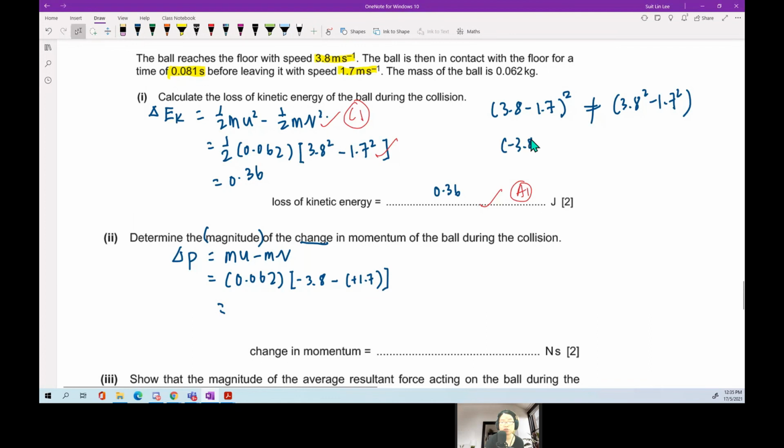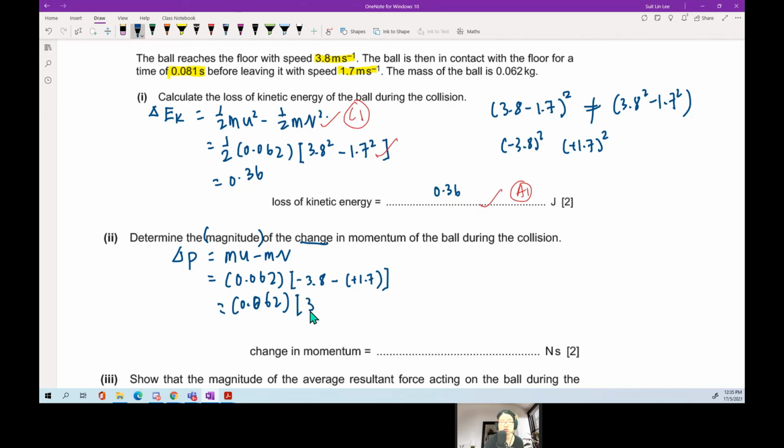Negative 3.8 squared is the same as 3.8 squared. 1.7 squared is the same as 1.7 squared. It's the same. When you square, the sign doesn't matter. That's why energy is a scalar. The sign in this perspective has no meaning. So in this case, I actually should take